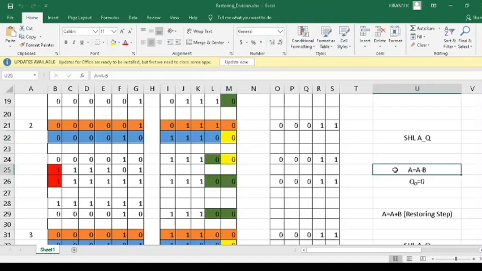Then the next obvious step is to subtract B from A. Take the 2's complement representation of B and add it with the newly shifted portion of A, that is, add it with this one. See the result. What are you getting? You are getting the result as negative again. Why? Because the MSB is 1. What will this negative result create? This negative result will fix this tentative LSB of the Q field as 0 itself.